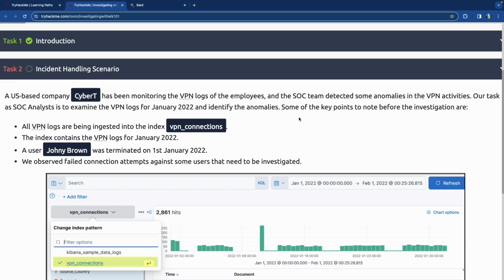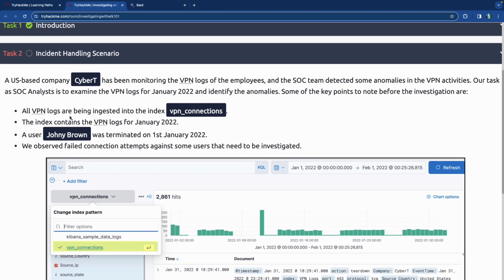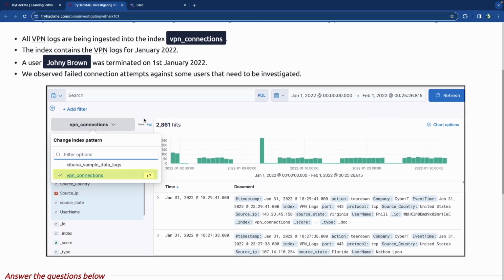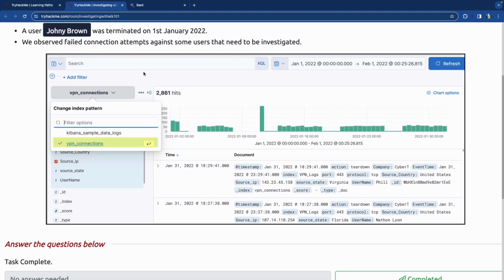Some of the key points to note are: all VPN logs are being ingested into the index VPN connections. The index contains VPN logs for January 22. A user, Johnny Brown, was terminated on January 1st. I mean, I can already tell that he's the culprit here. And we observed failed connection attempts against some users that need to be investigated. So Johnny seems to be doing some hacktivities, some things that are not good.